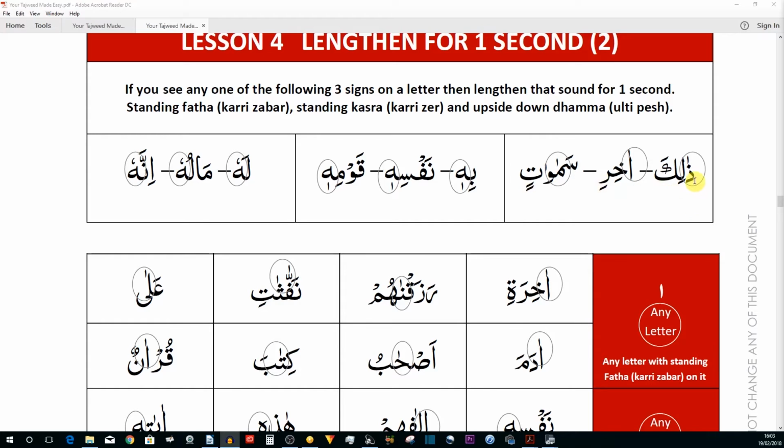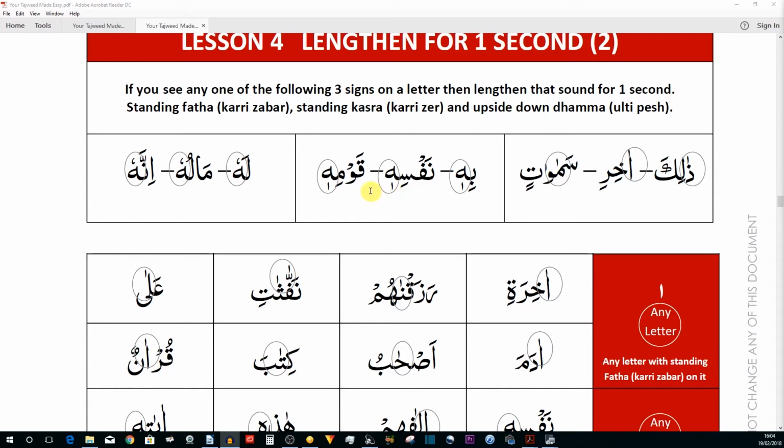Right, so first word, ذلك. Next, آخر. Next, سماوات. Now here you got both ma and wa, both have a standing fatha, so both have 2 beats, so make sure you do same length. Samawatin. Okay. Next word on the standing kasra, bihi,